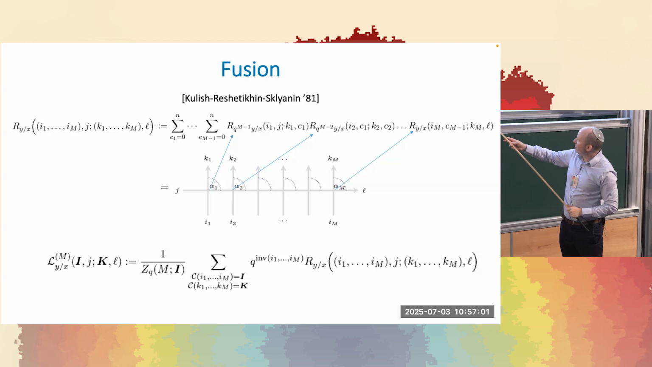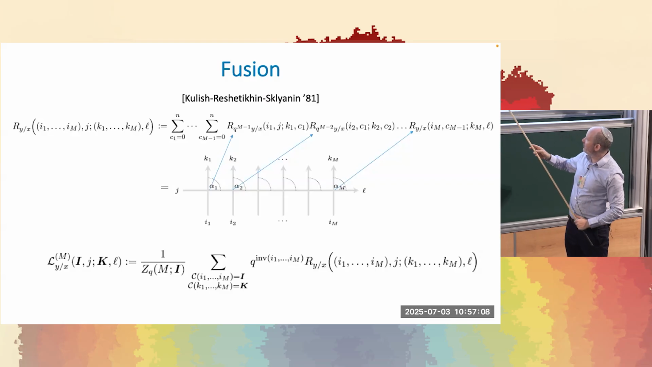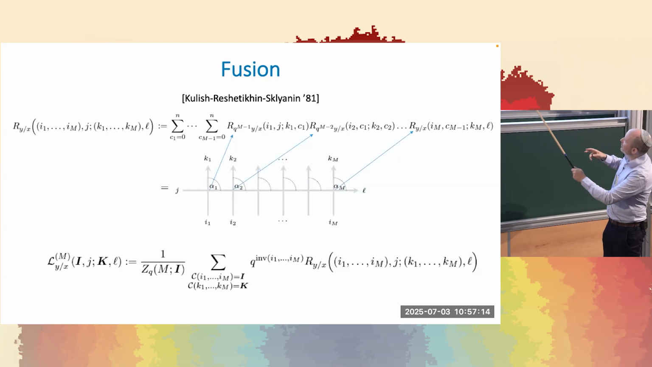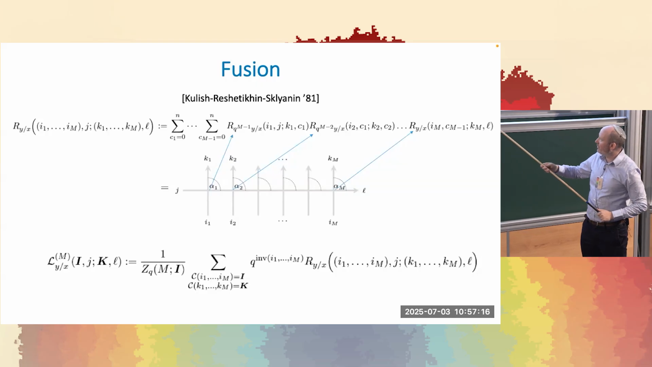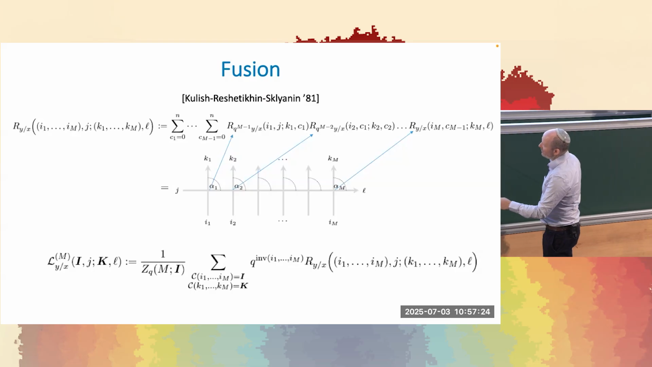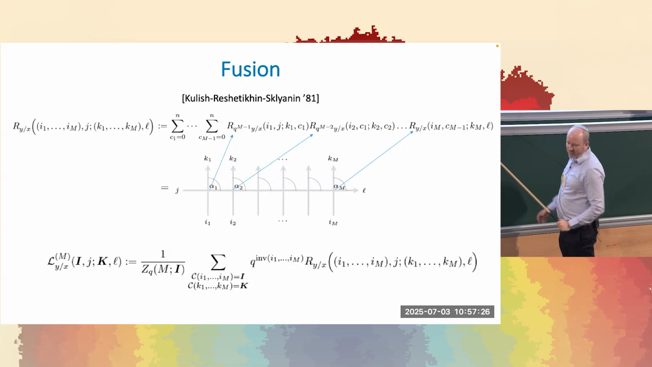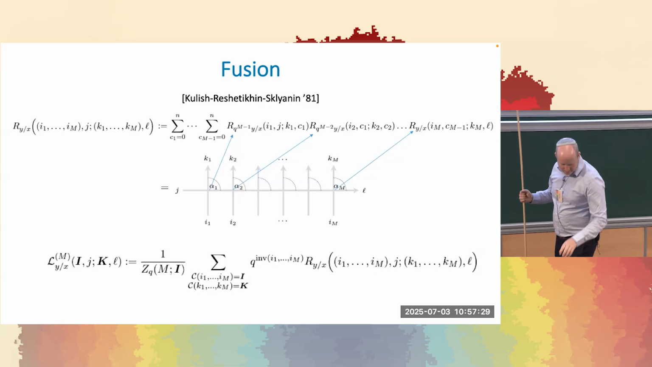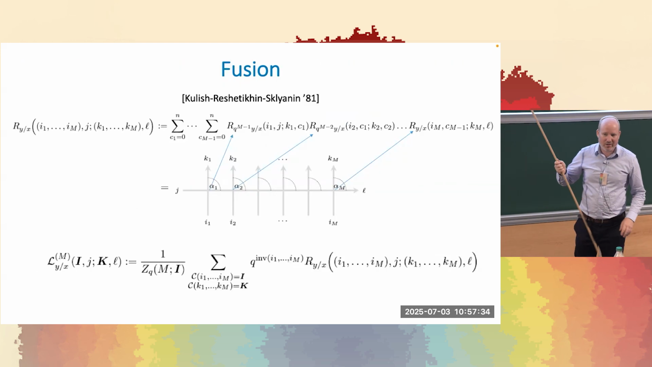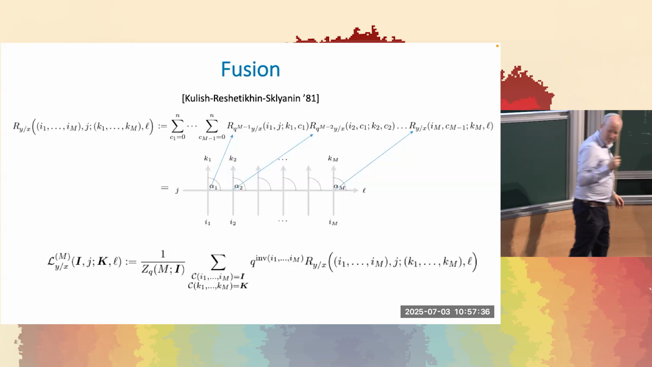If I fix the incoming collection of arrows, and then I sum against this Q to the number of inversions, this Q exchangeability factor, multiply by this transfer matrix up here, and then sum out and project down to just keeping track of the outgoing arrows, this defines for me a new vertex. And that vertex solves the Yang-Baxter equation, where now